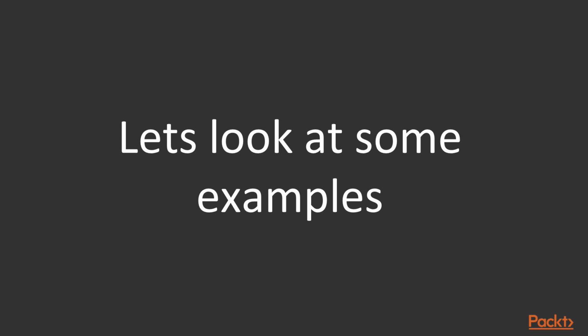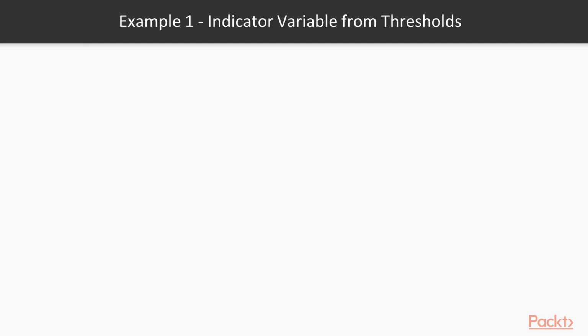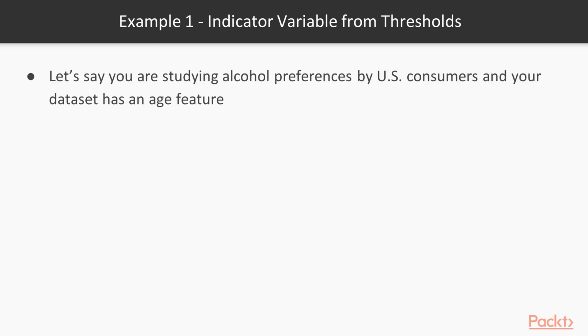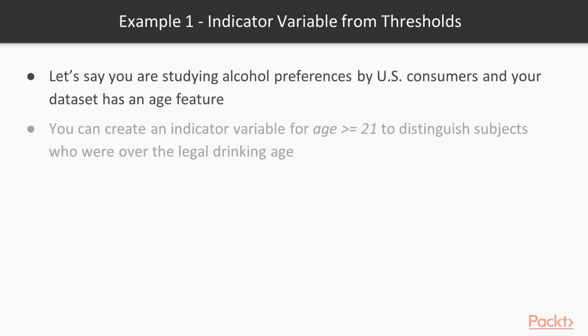So we are speaking about features, but let's see what it looks like in a real-world example. Let's say we are given some kind of problem, and we need to try to find features for that specific problem. This first example is an indicator variable from thresholds. Let's say that you are studying alcohol preferences of US consumers, and your dataset has an age feature. This is the column that every record has: age. You can create an indicator variable for age greater than or equal to 21